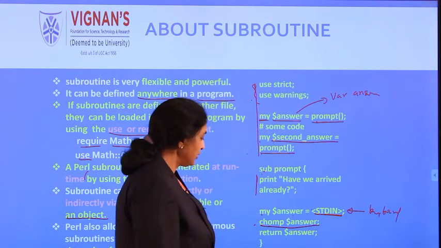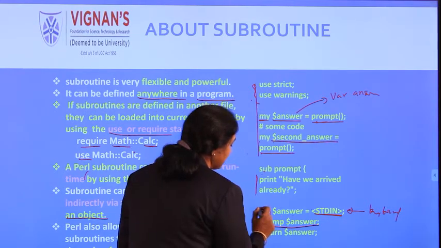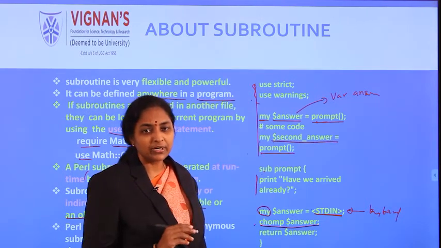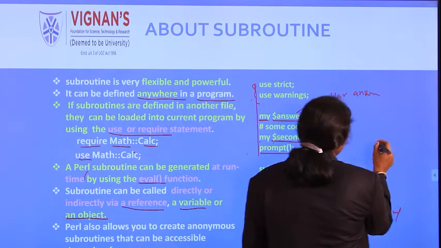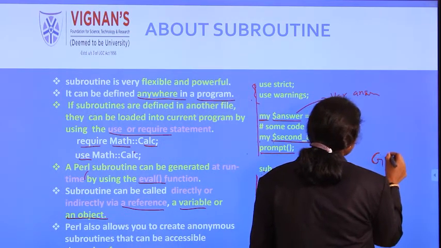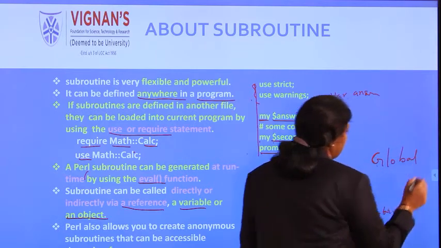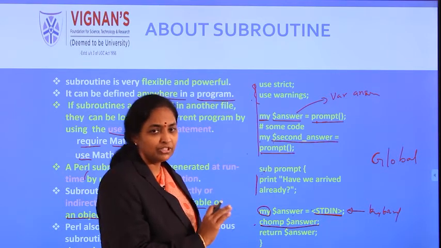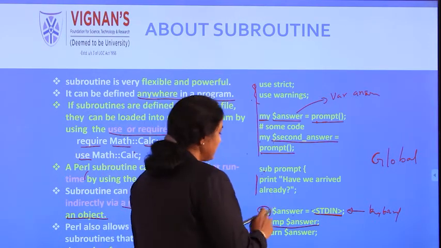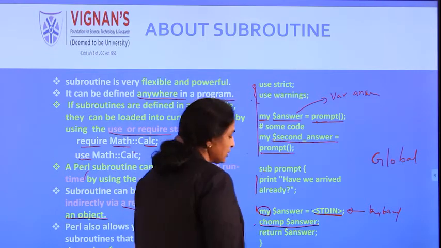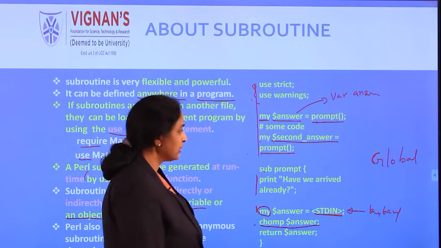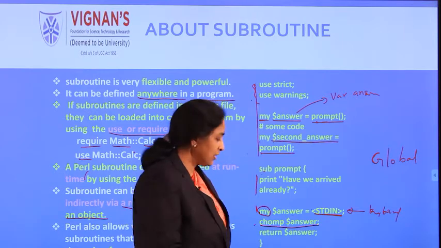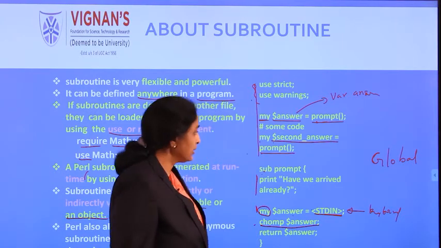And coming to here, you have one more keyword, my. The importance of the my keyword is that whatever variables we state in Perl are global. Please remember, but if you want to limit the scope of the variables and make them local, you can use the keyword my. Because of that, the scope of the variable becomes local. So that is the importance of the my keyword here, right?